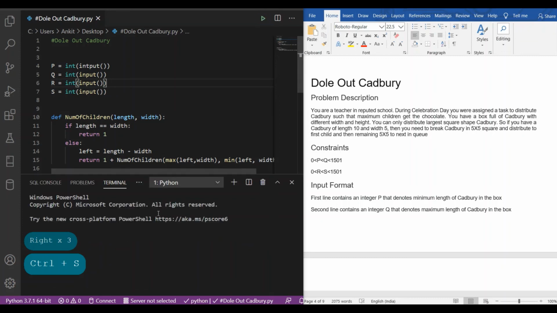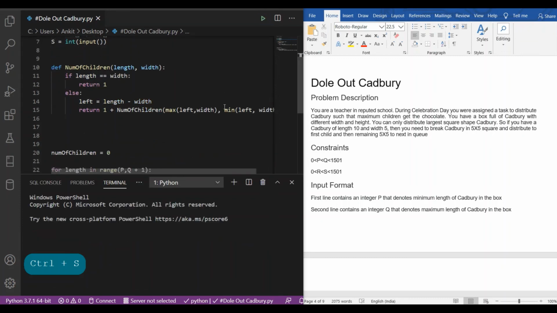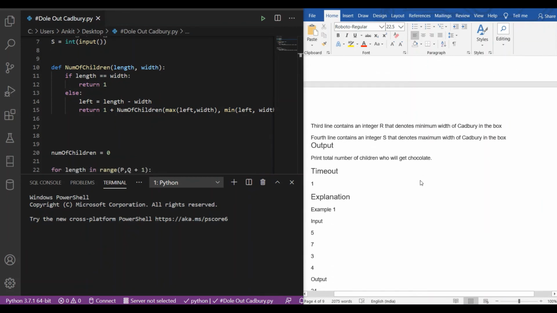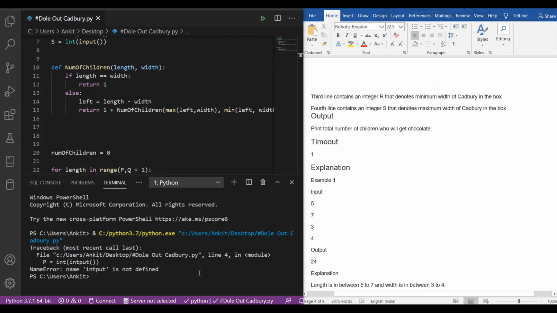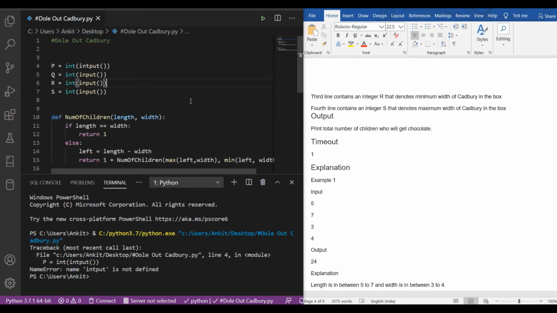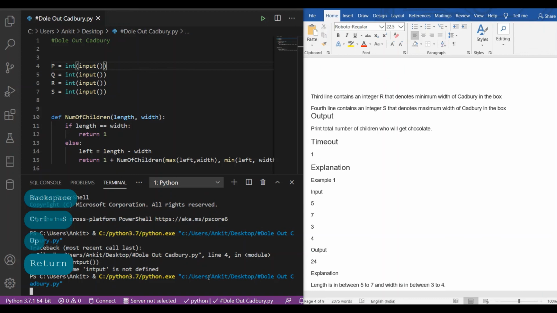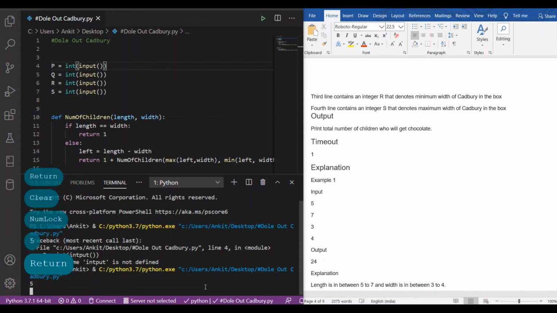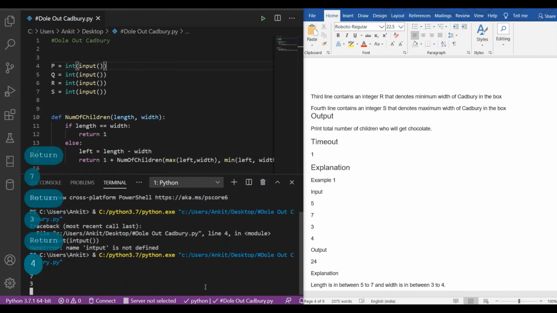So let's check whether it is working fine or not. Our inputs are 5, 7, 3, 4.